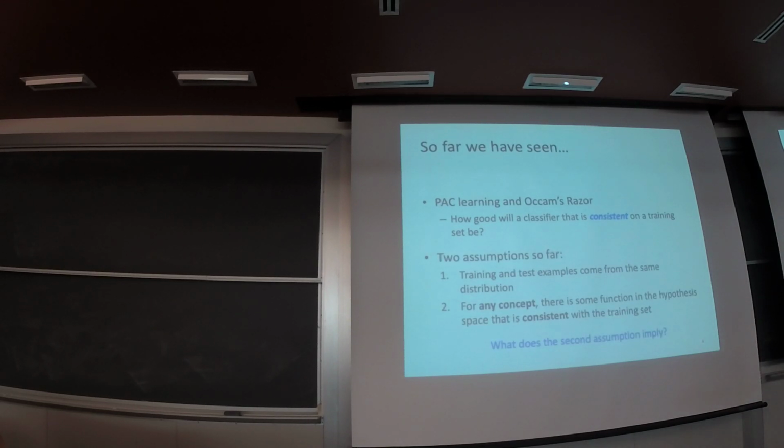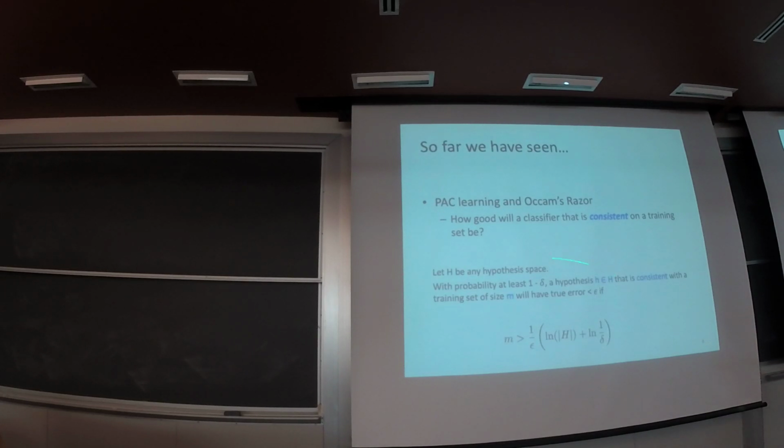The first assumption is the training and test examples come from the same data distribution. This is actually the assumption adopted by almost all the problems in computational learning theory, and it is reasonable. When you conduct a learning procedure, you always assume that your test examples are sampled from the same distribution as training examples, and otherwise, why do you conduct a learning procedure? But the second assumption is kind of aggressive. What is the second assumption?